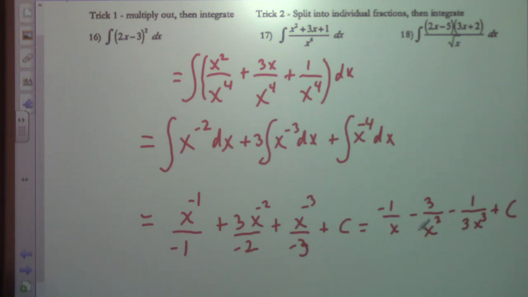Oh, okay. I see what you're saying here. 3 over 2x squared. That's my mistake. So that was your mistake you're talking about, right? Or my mistake you're talking about. That's why I asked you if I was making a mistake. I was. Thank you for catching that. Okay? Now does that make sense? No?